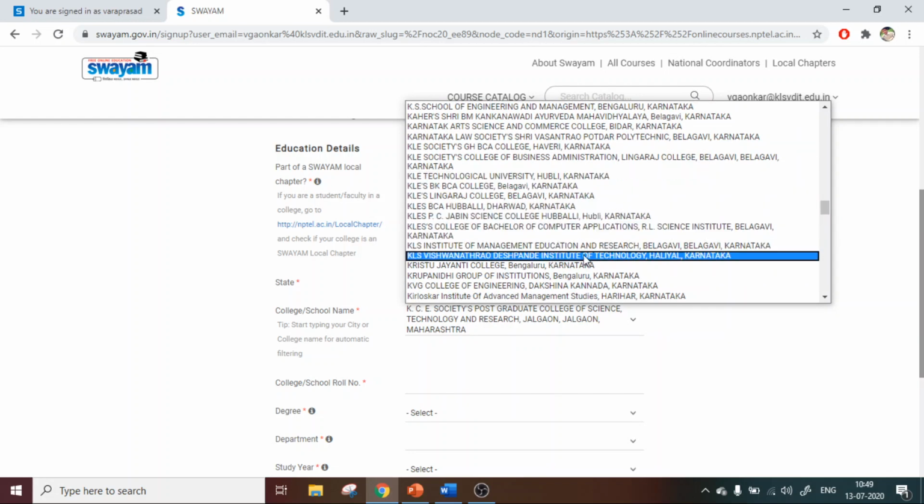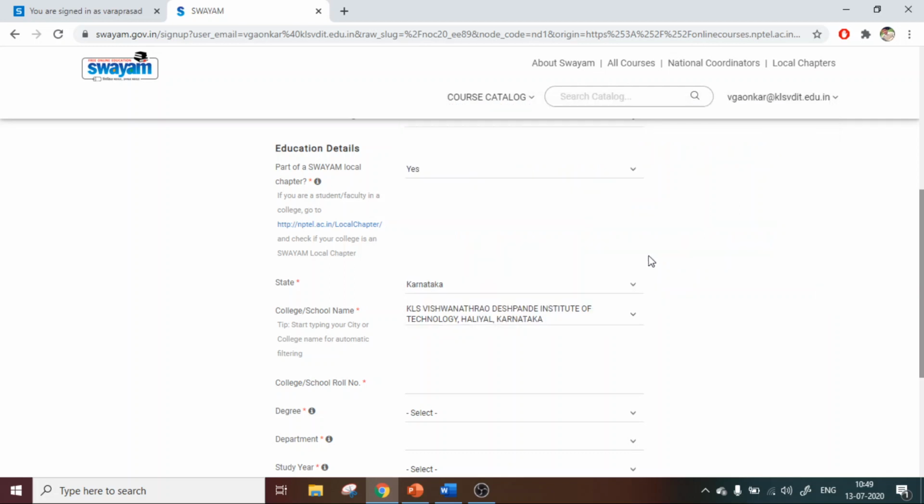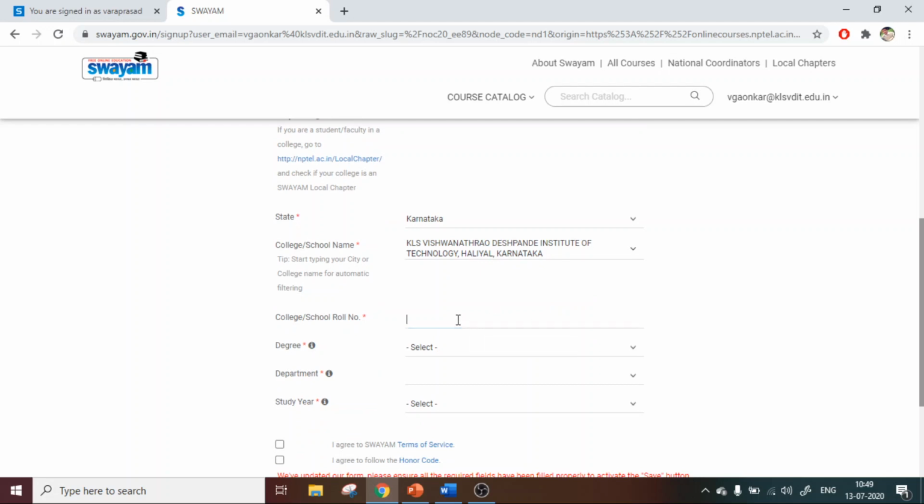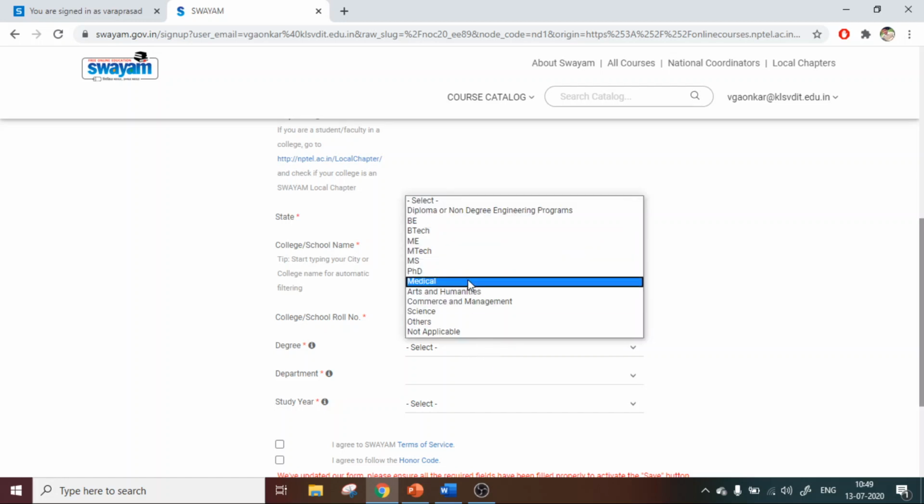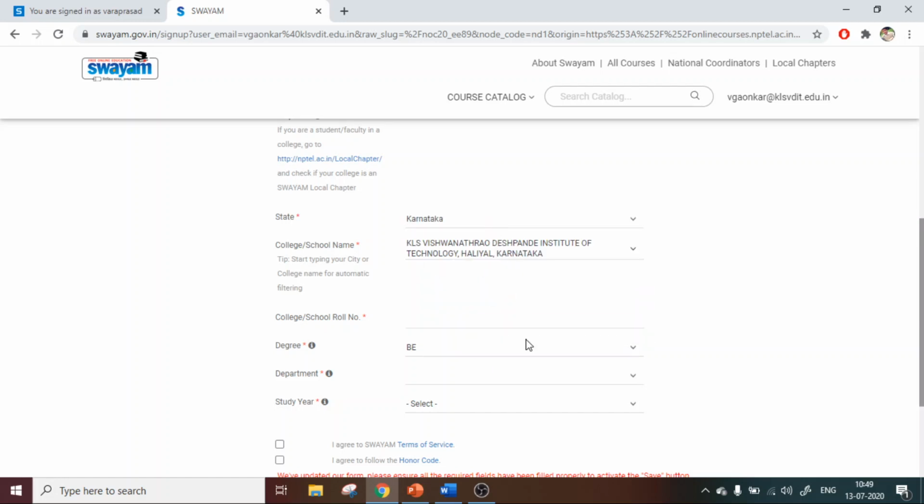You can see it here, correct? Select KLS Vishwanath Rao Deshpande Institute of Technology, Haliyal. Then roll number or USN, type whatever USN you have, starting with 2VD. Degree, you are doing the BE degree.